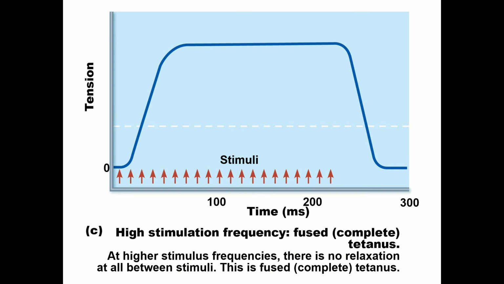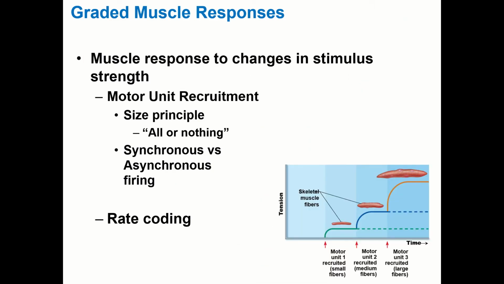So effectively what happens from a rate coding standpoint is if I don't need a very strong muscle contraction, that motor neuron may send 20 signals per second. But if I'm maxing out, if I'm lifting the heaviest weight possible, then I need lots of impulses per second. And so then we'll get a frequency of 80 pulses per second as opposed to 20. So the alpha motor neuron can depolarize with greater frequency. Again, it can depolarize more times per second, allowing calcium to stay out of the sarcoplasmic reticulum, allowing continued interaction of actin and myosin. So the takeaway there is